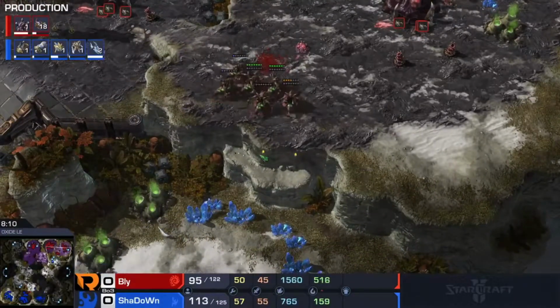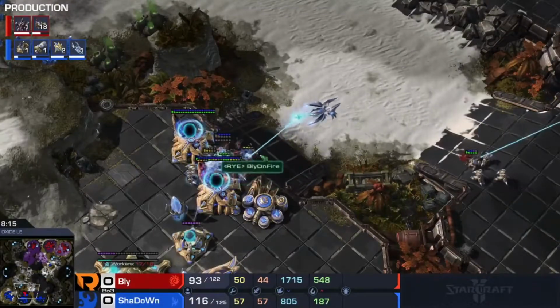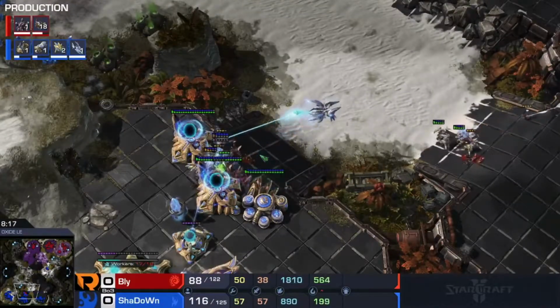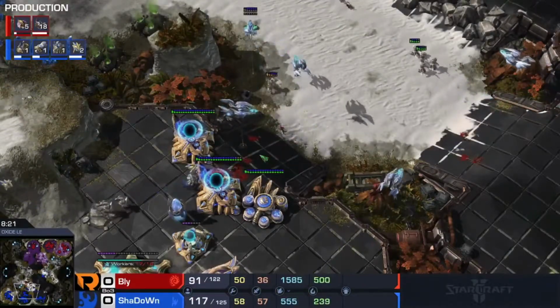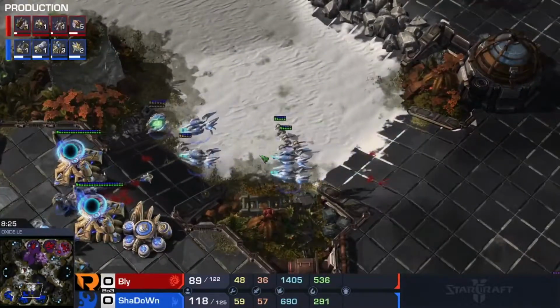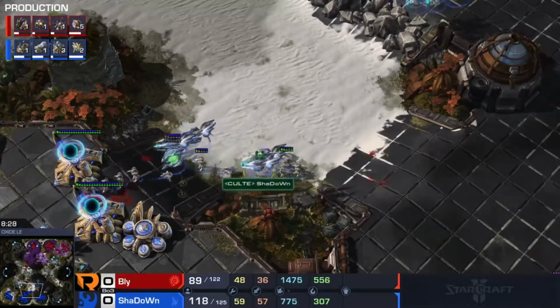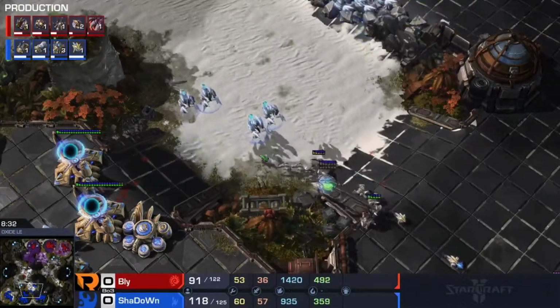Wow, this is phenomenal play from Bly, realizing his lair tech wouldn't be ready in time, trying to capitalize on the damage he was able to do earlier against the probes. Again, drawing the worker count even, adding on those extra Queens back home for defense. He's still relying solely on Queens for defense, which I think is not viable long-term, but now, finally, lair tech, Hydralisk Den, it looks like. Unless ShaDoWn can put some early pressure on, Bly has a very real chance at